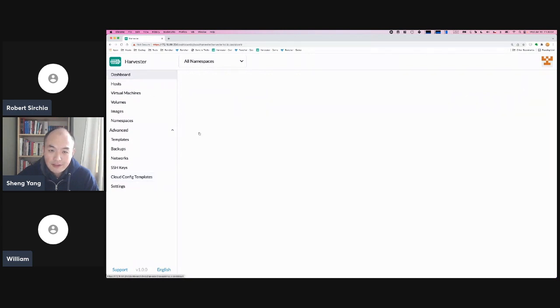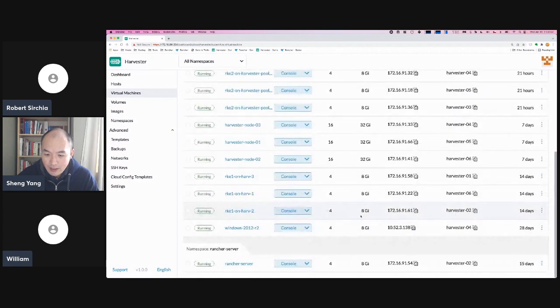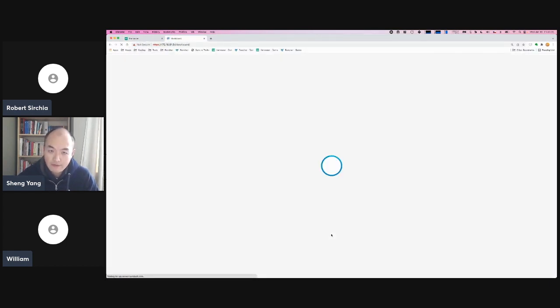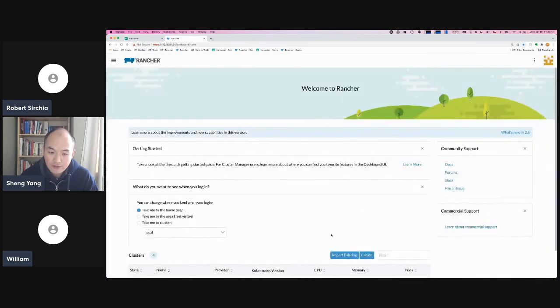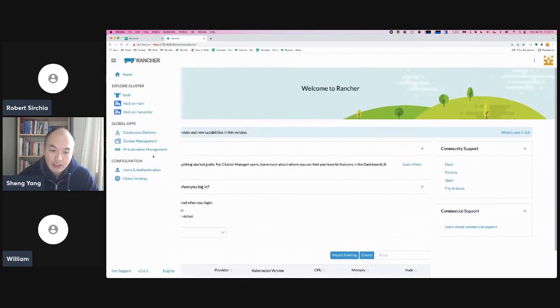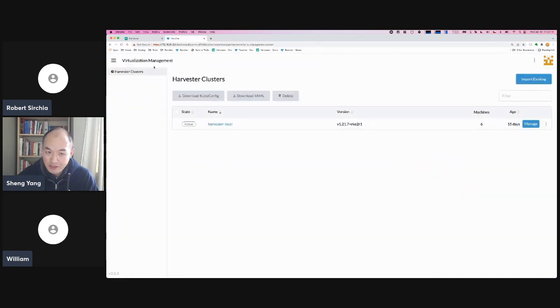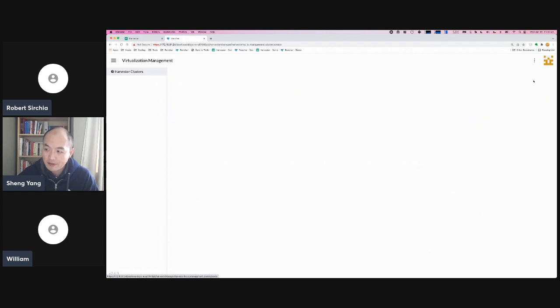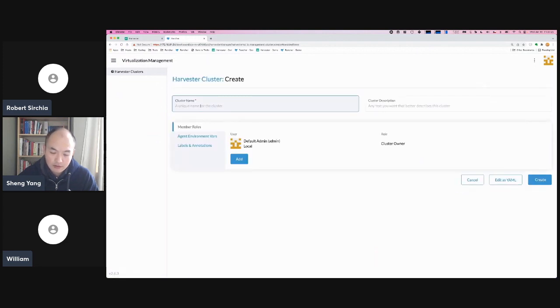So one thing you notice is that I have another Rancher server running inside Harvester, with this IP, and then we can access this Rancher server. In fact, this Rancher server is managing Harvester through the virtualization management page, and you can import an existing Harvester cluster here. And what you need to do is,